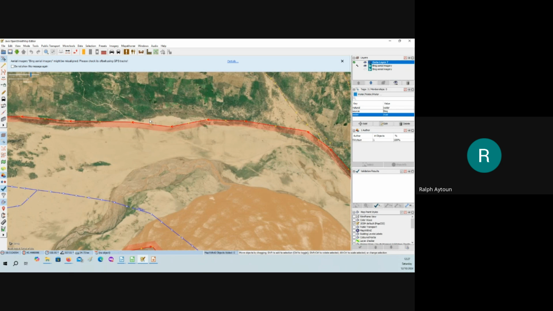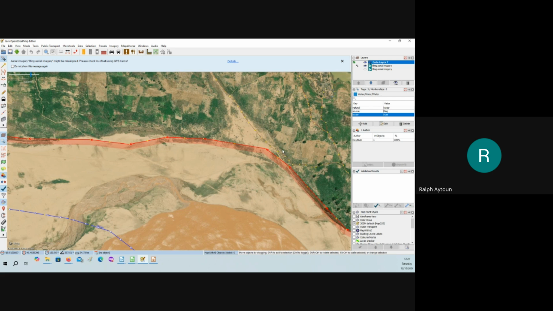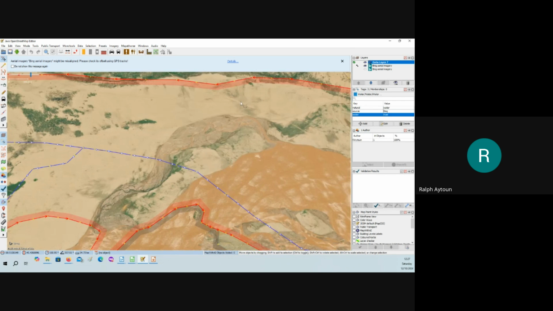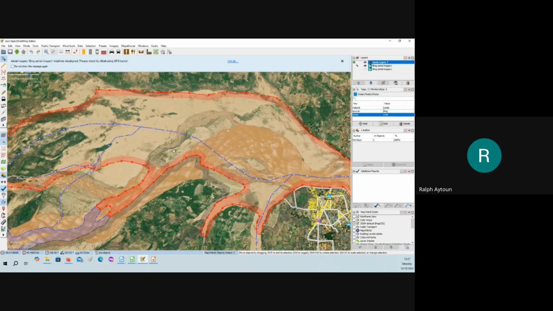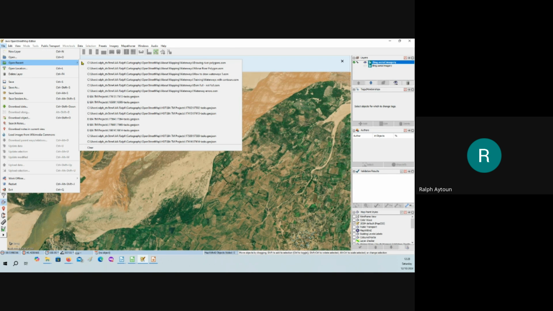Okay, there's another section where flooding has taken away. Now, remember I showed you the changing waterway. Now, here's a prime example of that, and how much of the flooding has actually washed away vegetation and changed the riverbank from what it previously was.